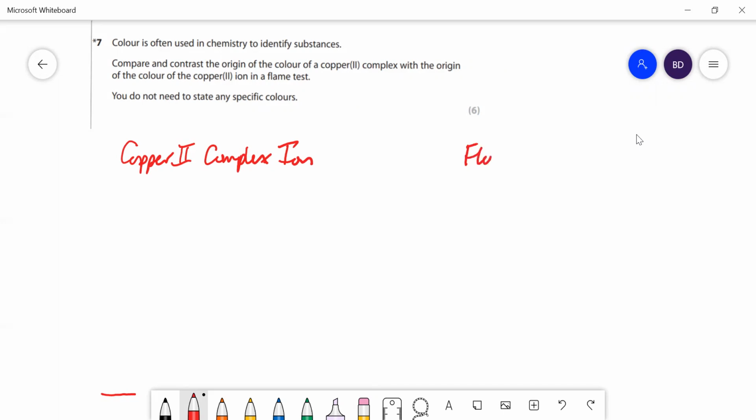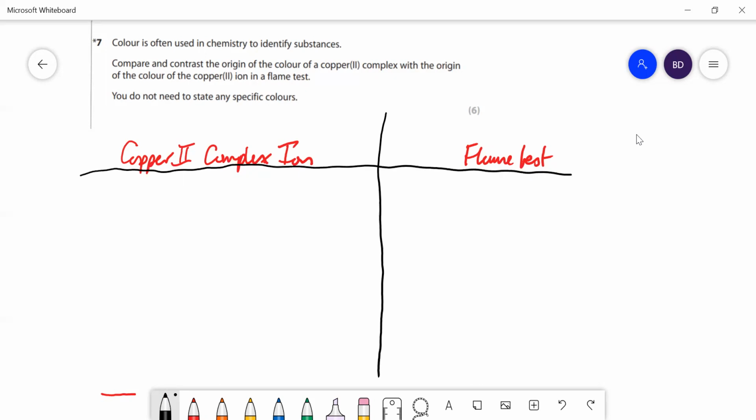Obviously you would have to write it in prose. I'm going to do a little table here, maybe. So first of all, the big difference is that with the flame test you get color because light is emitted. Whereas the color of a copper 2 complex, like copper 2 ions in an aqueous solution, for example,